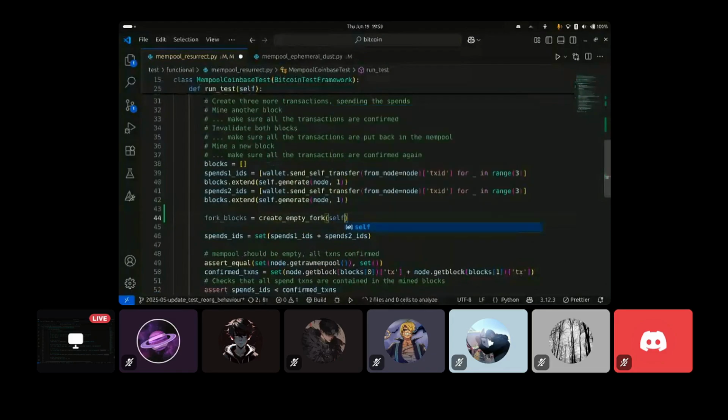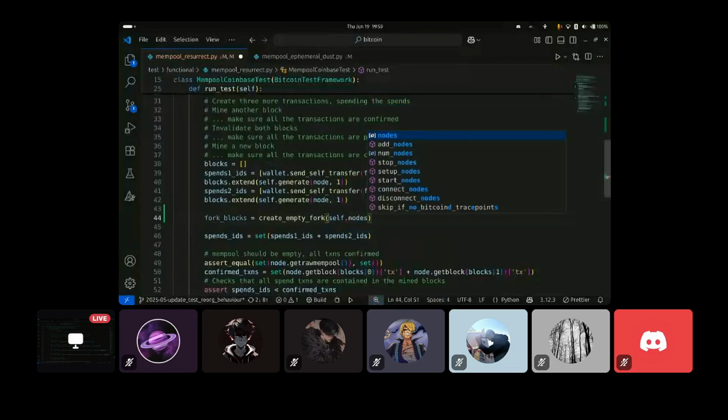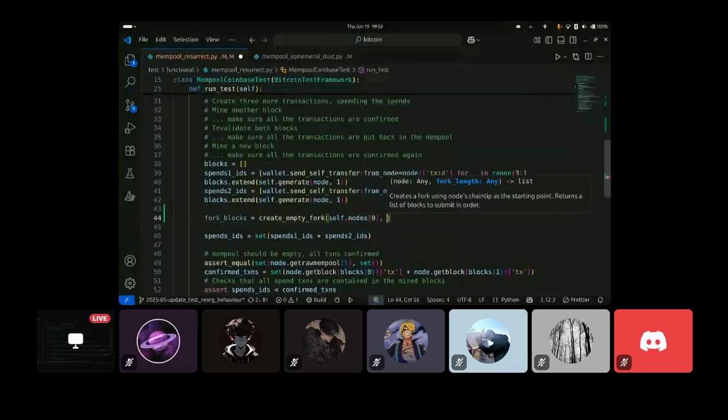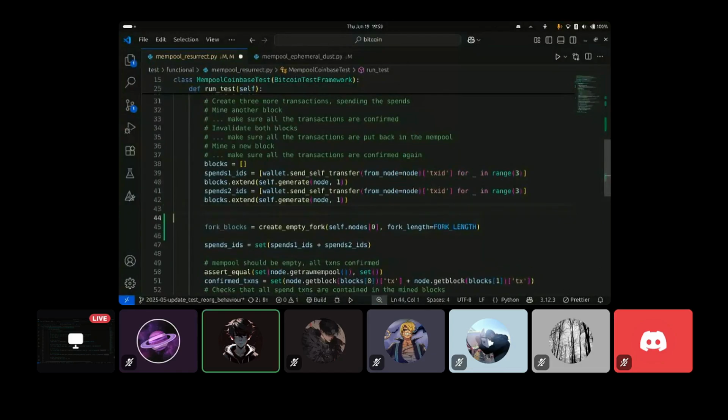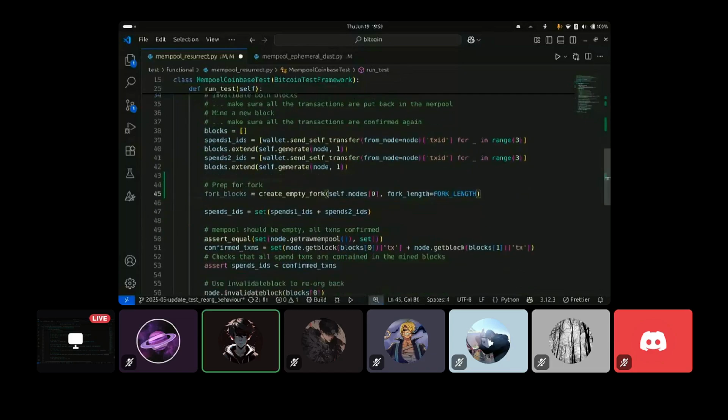Okay. And then we just created a fork of blocks of length 10,